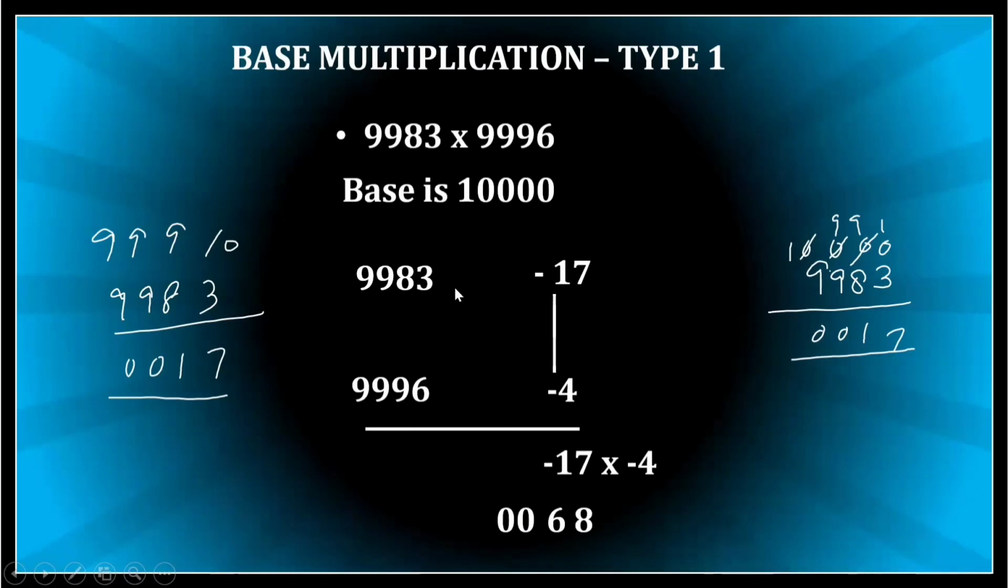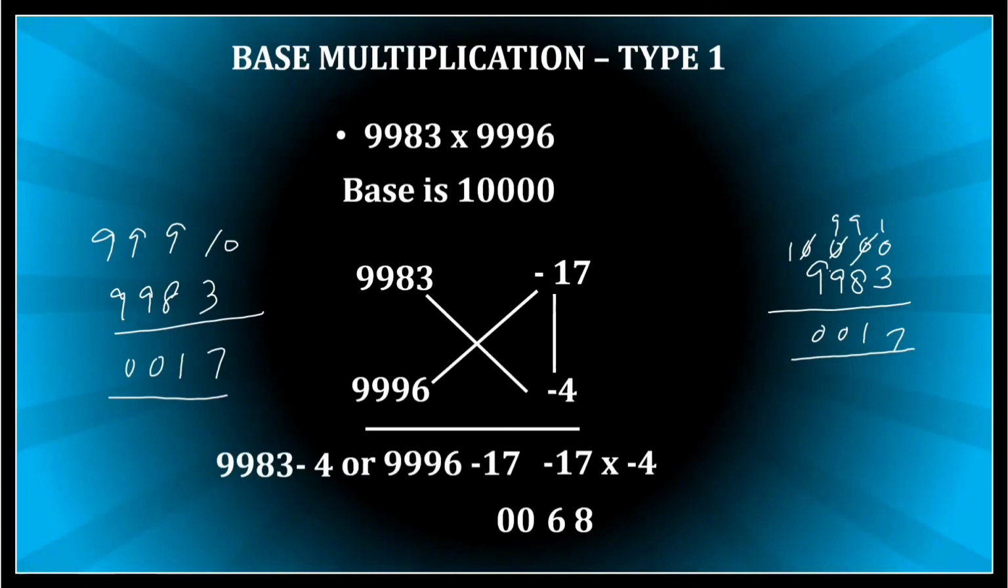Next, I subtract diagonally. Subtracting diagonally means either I do 9983 minus 4 or I do 9996 minus 17. Both of them are same. It comes out to be 9979. So my answer is 99790068. 9,983 multiplied by 9,996 comes out to be 99790068. Seems like a telephone mobile number, but yes, it is just your answer which you have calculated using Vedic